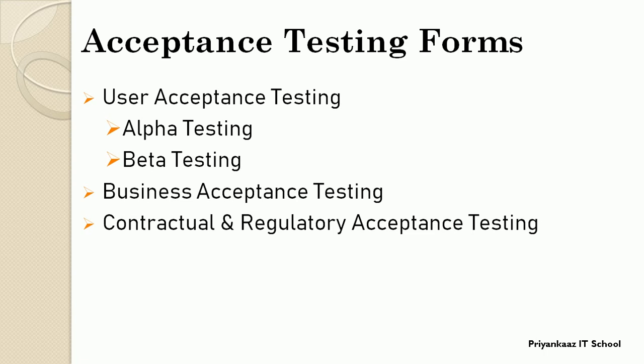Generally, a product or application that is released in the market has to go through this contractual and regulatory acceptance testing criteria every time. This type of testing is important, where all the rules and standards can be verified as per end user and customer expectation. We need to follow every country's government rules, just to fulfill their need to accept this software application.